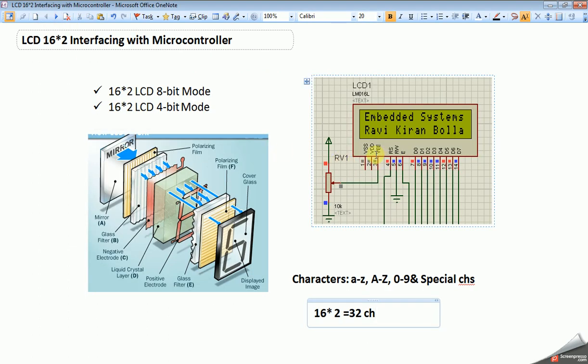As you see here, this is VEE, the third pin. It is connected to a potentiometer or preset, so we can tune how much contrast we need based on this potentiometer. This is connected as shown here.